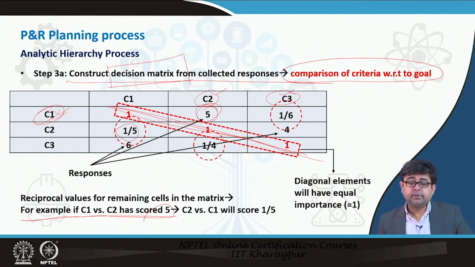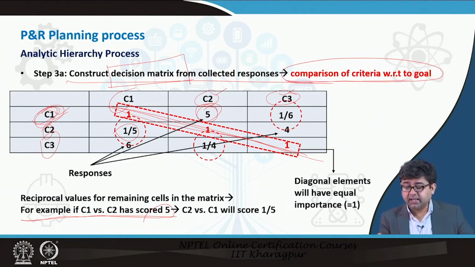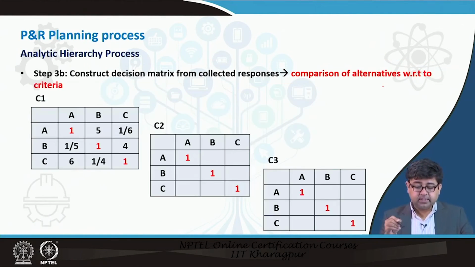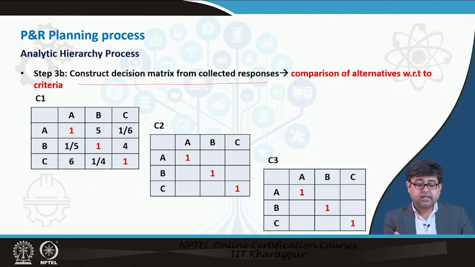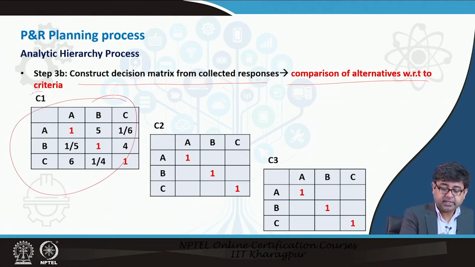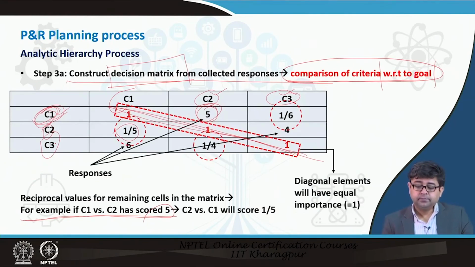So, that is how you develop the decision matrix for the criteria. This is a comparison of the criteria with respect to the goal. Similarly, you construct a decision matrix for each of those criteria and compare it with the alternatives. Now, you have to do a decision matrix for each criteria against the 3 alternative sites, right. Just as you have done it for the criteria against the goal,